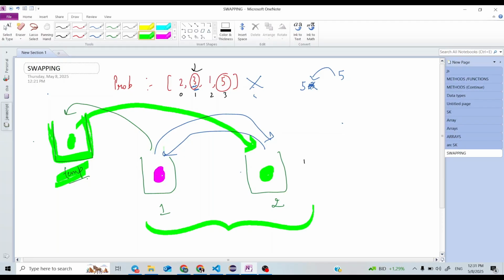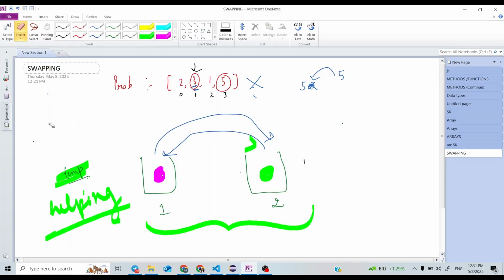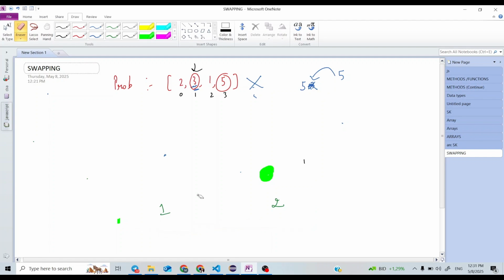swapping the values. This is a helping container, you can say. Helping container. So what I will do, suppose I want to swap 3 and 5 now. So I will take some temporary variable, and at temp I will put array of 1.